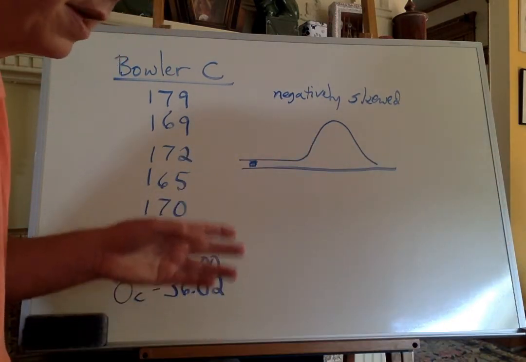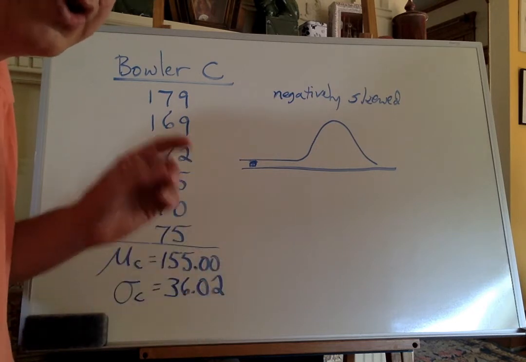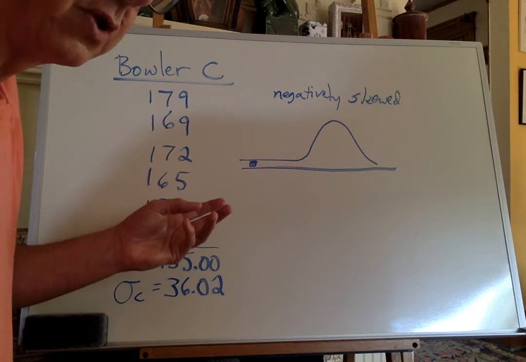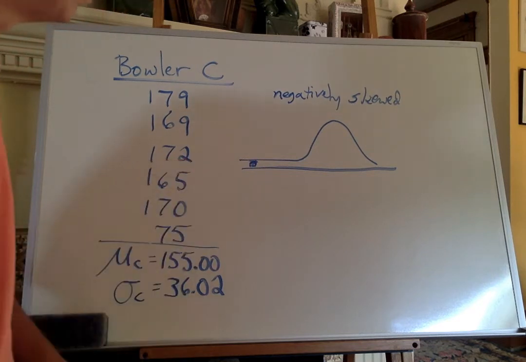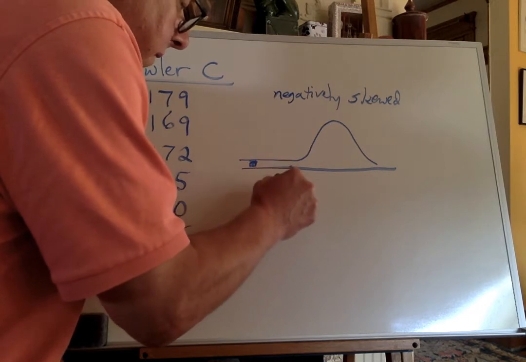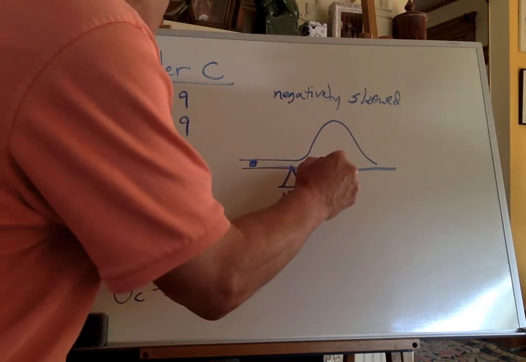Well, the mean is also not a good measure of central tendency in a negatively skewed distribution as well. Because here's what the mean would look like down here at 155,